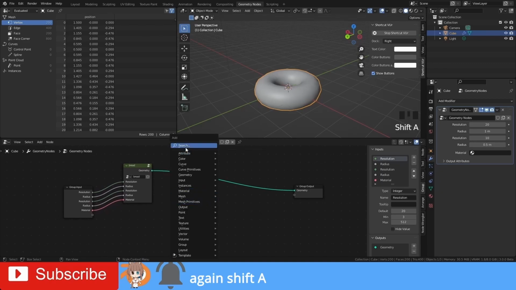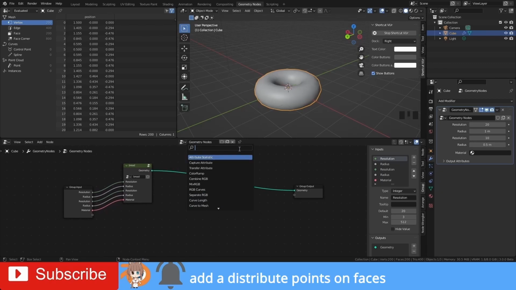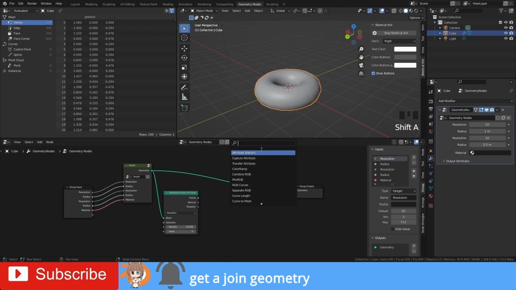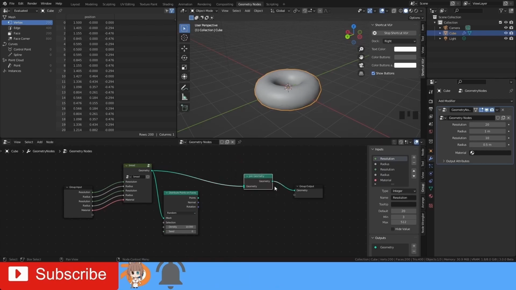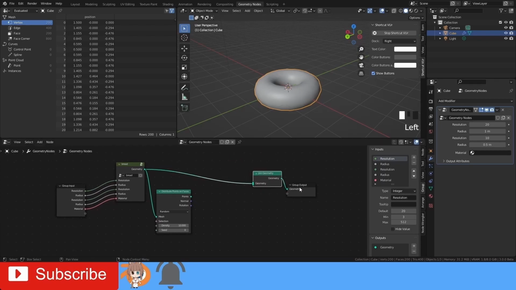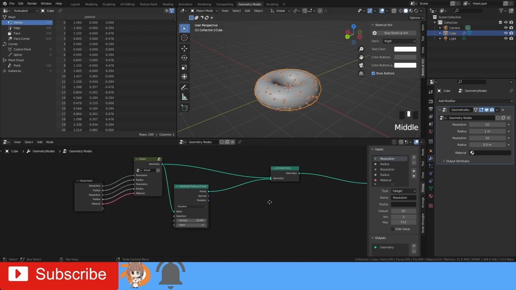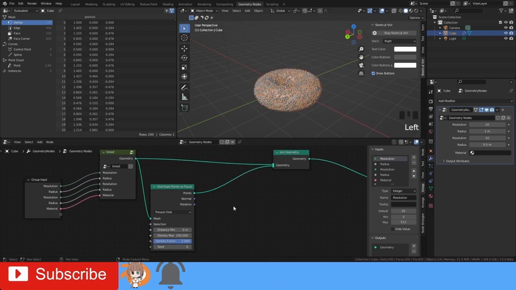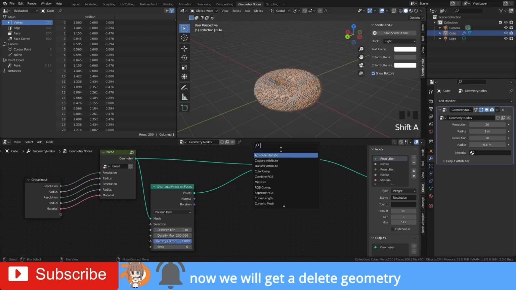Again, Shift A. Get a distribute points on faces node. There. Set the density to about 200. Now we'll get a delete geometry.